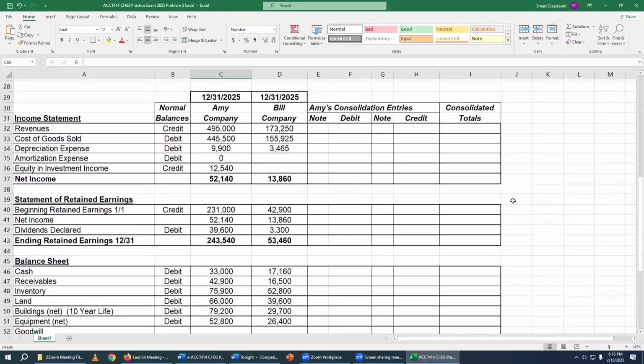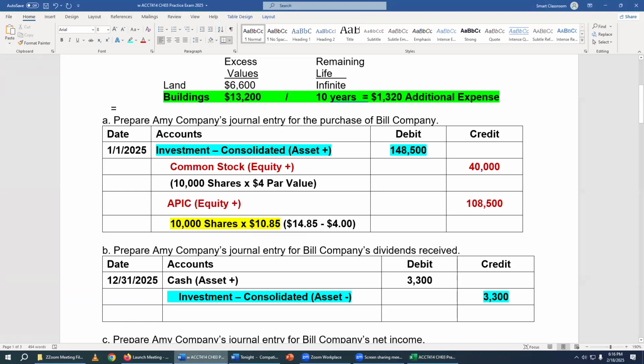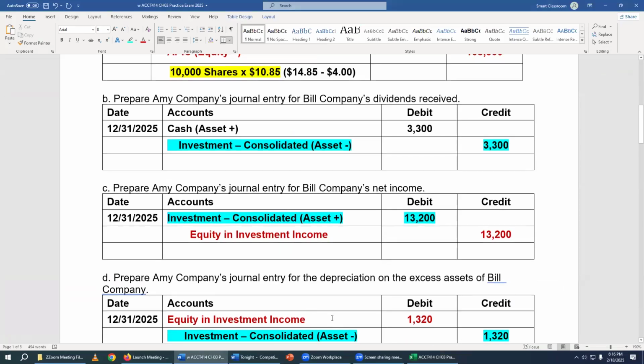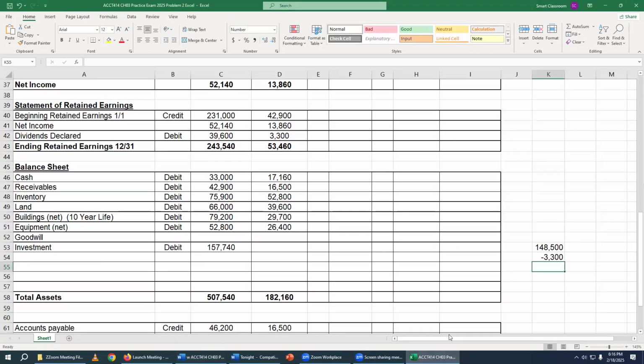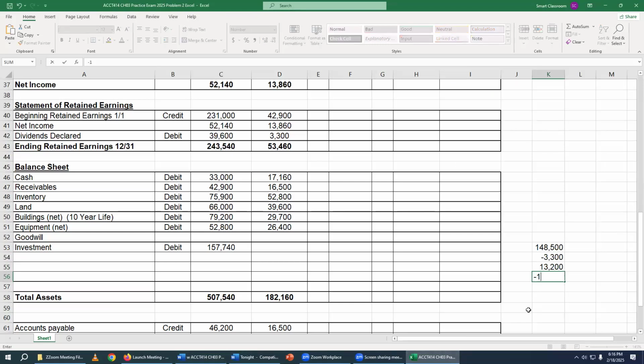I'll make sure the investment adds up to the same. 8,500 plus, no, minus 3,300 plus 13,200 minus 1,320. Hopefully this comes out to,